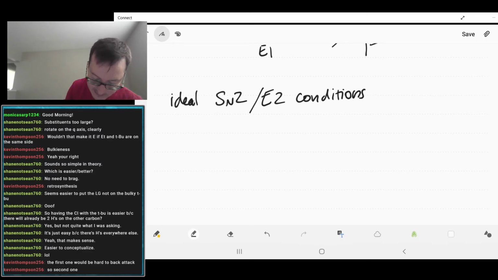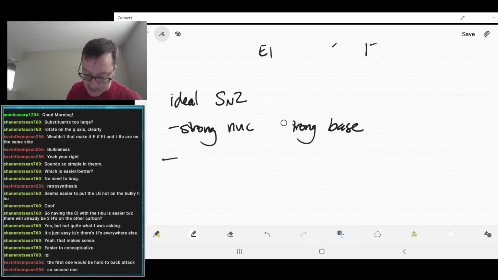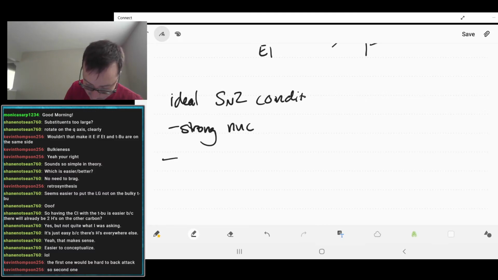Ideally, with SN2, you want a strong nucleophile. Or strong base. Actually, I'm going to separate these because it's just going to be too complicated to talk about both. You want a strong nucleophile that is hopefully non-basic,